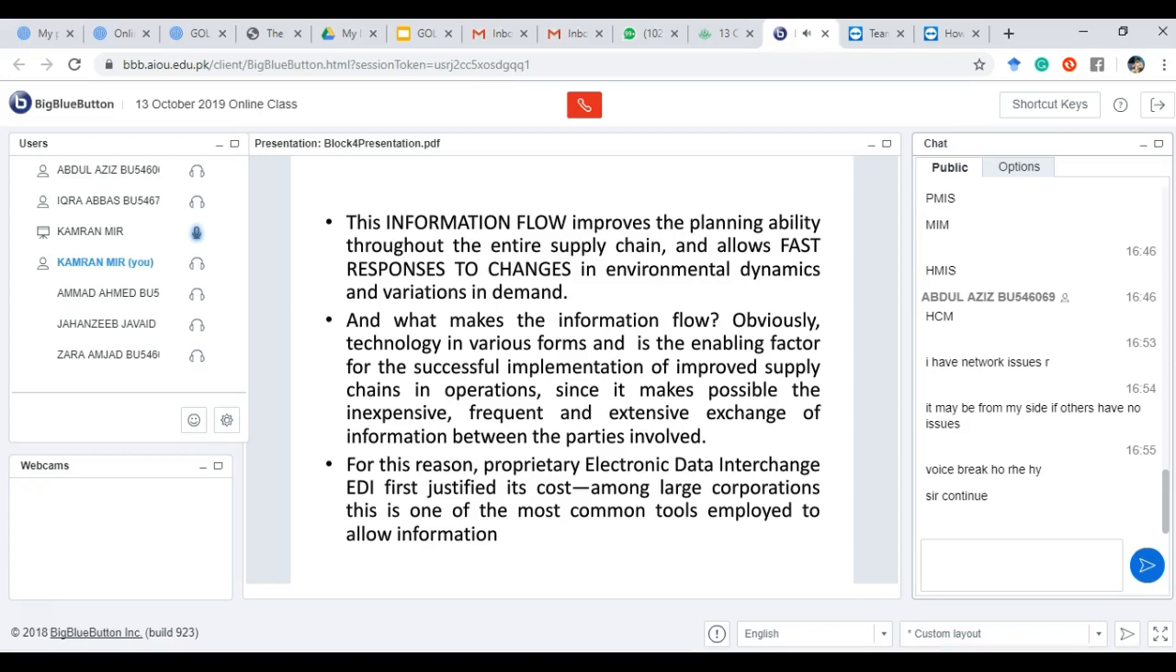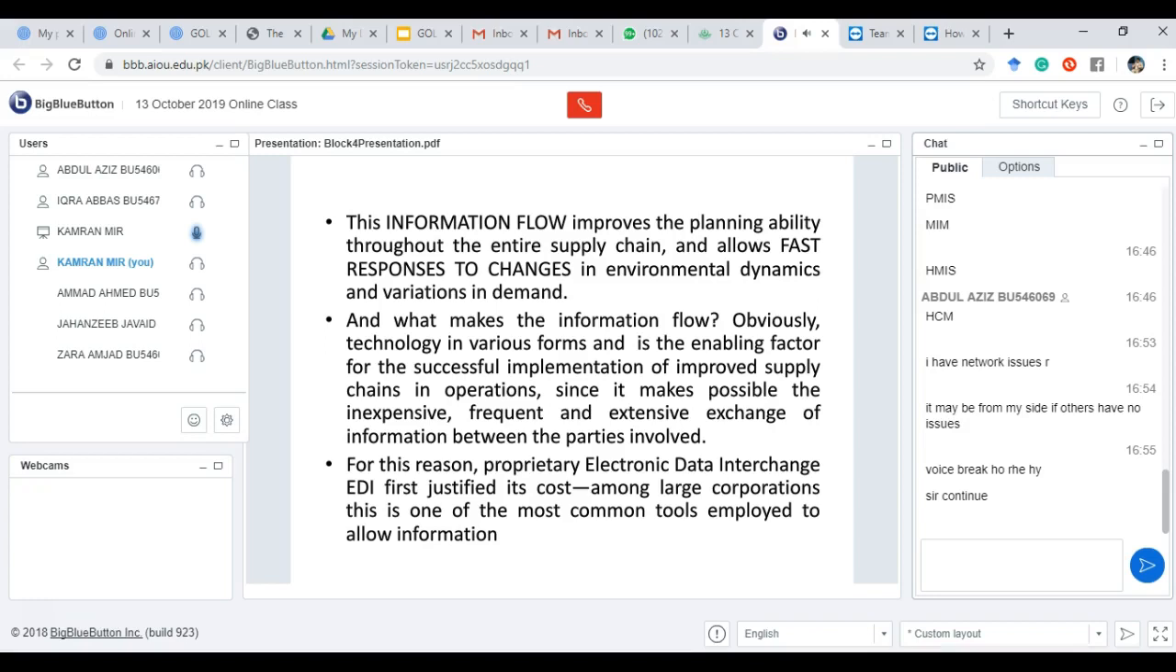The point number, what makes the information flow? Obviously technology in various forms is the enabling factor for the successful implementation of improved supply chain operations, since it makes possible the inexpensive, frequent and extensive exchange of information between the parties involved. Again, as I said, because of the information which is flowing so regularly from one company to another company, and because of the